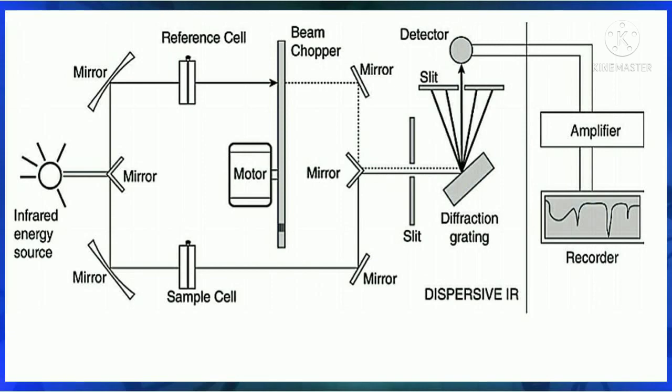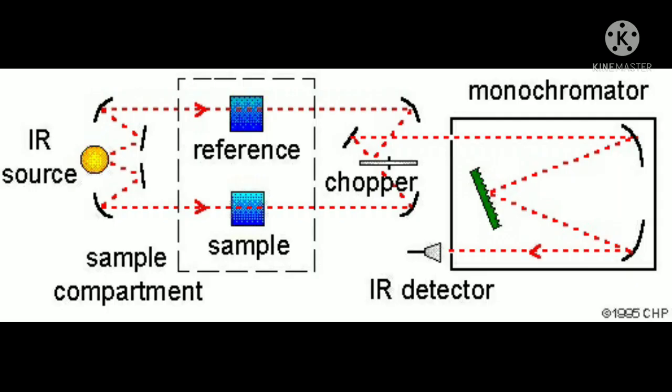Well, the first one is the bolometer. A bolometer is nothing but a thin metal conductor whose current flow depends on temperature. When IR radiation comes to the surface of the bolometer, the temperature increases, due to which the resistance decreases, and then the current flow changes, and then it's recorded.